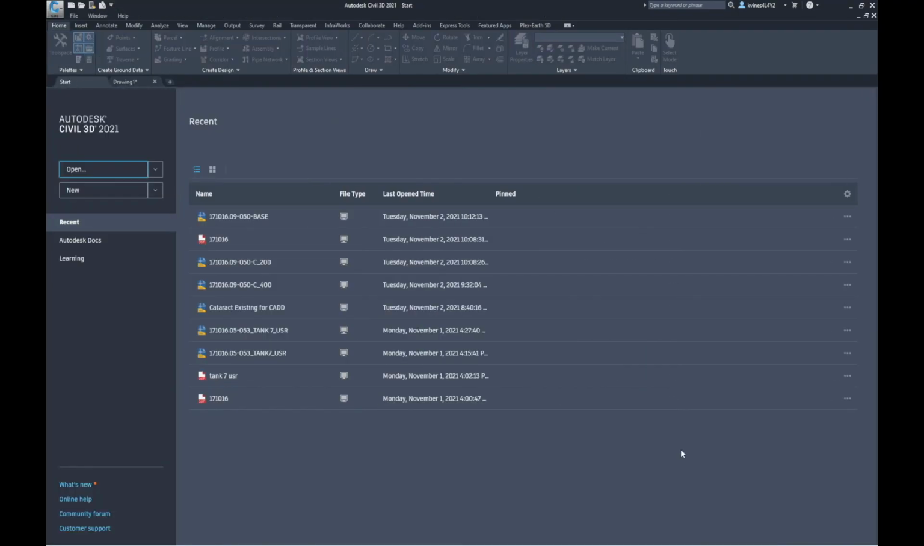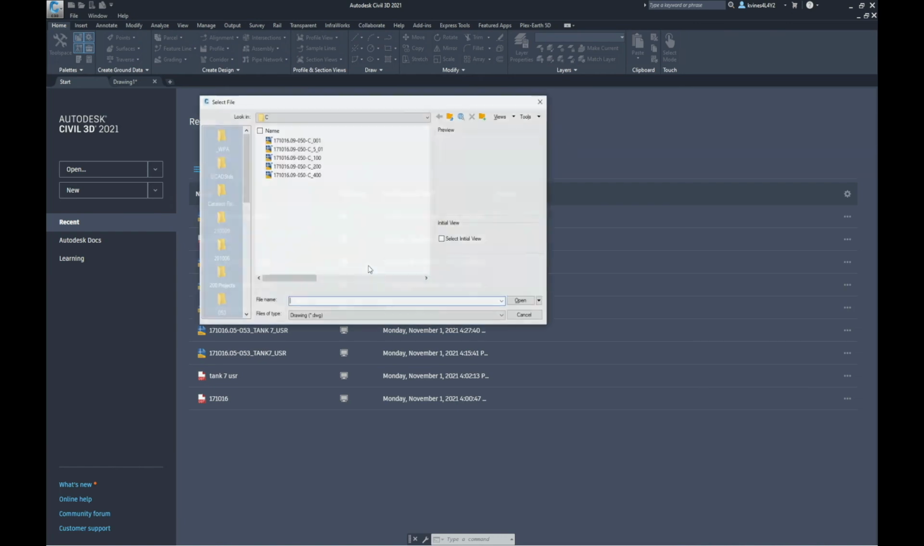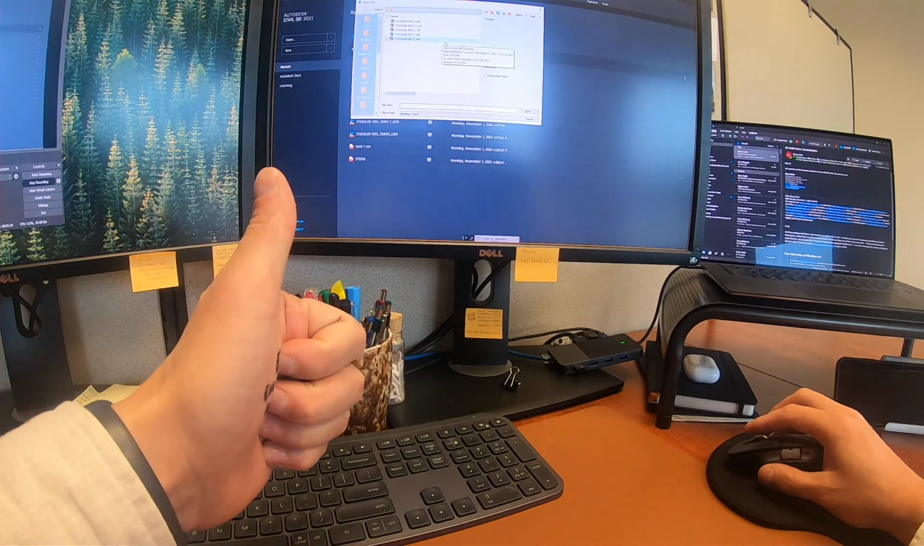Hit enter, and then go back to your Start tab and open a file, and a new window will pop right back up. And that is your quick CAD tutorial for today,